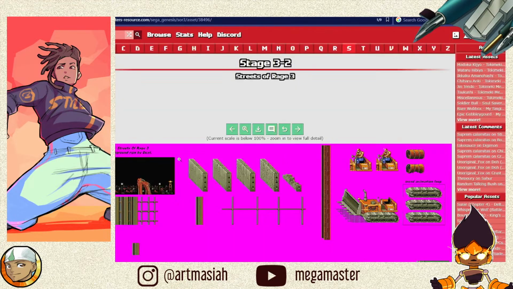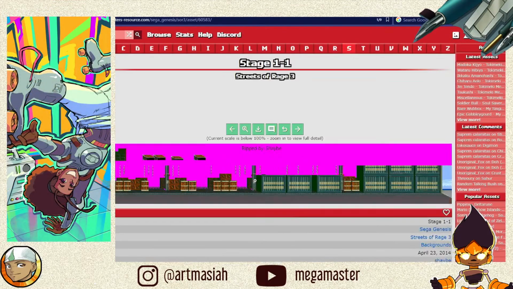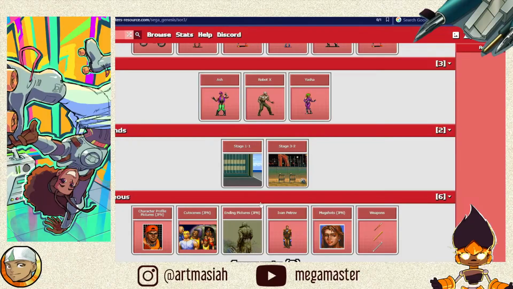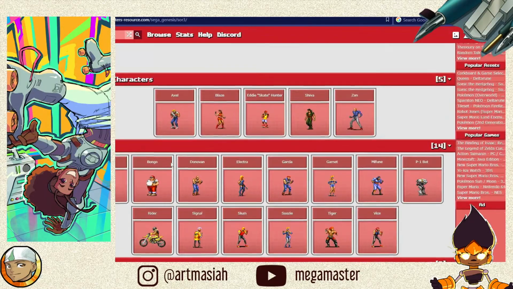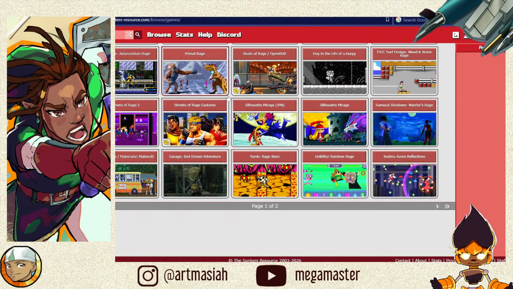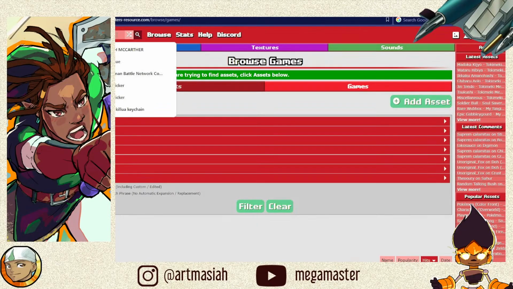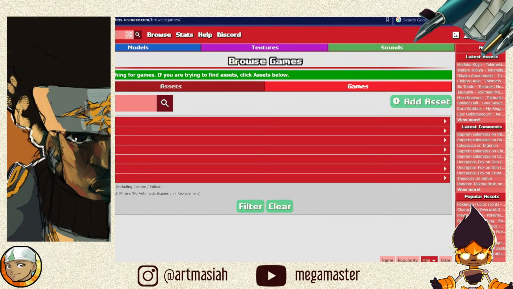I wanted to check out the stages. Maybe Metal Slug, and I'm also thinking of Teenage Mutant Ninja Turtles. I'm thinking of games that I know, but maybe there's something else out there that would have some blinking street lights.